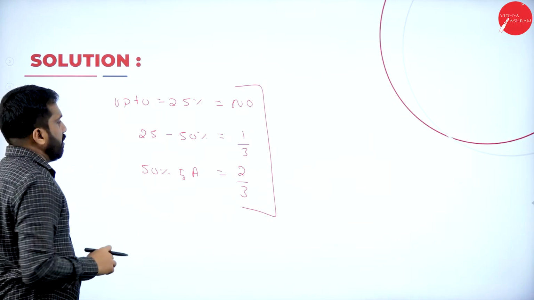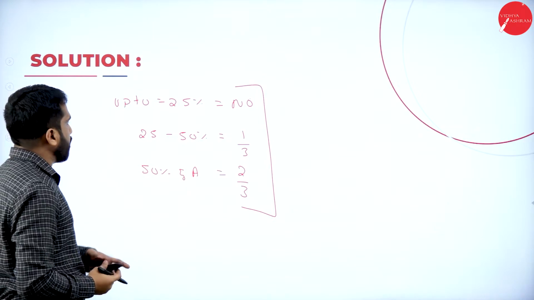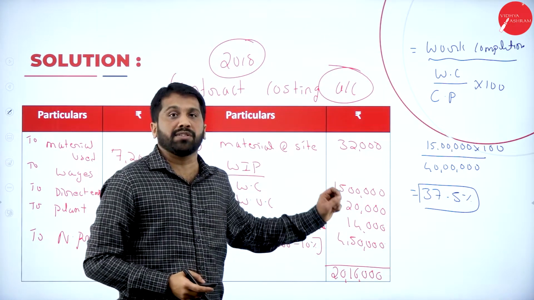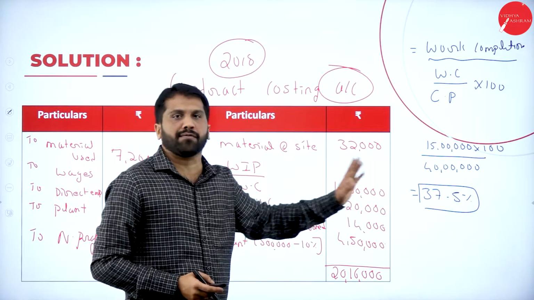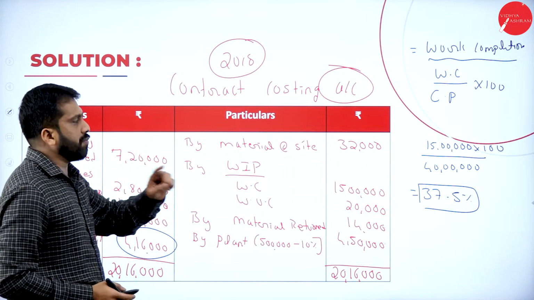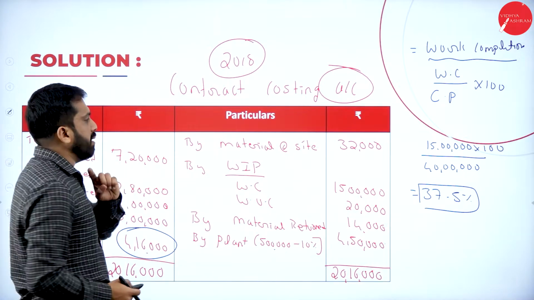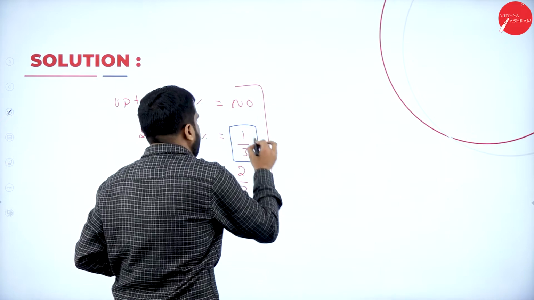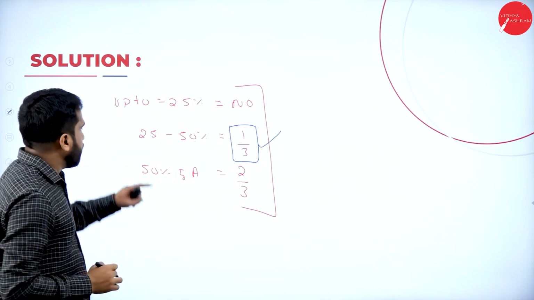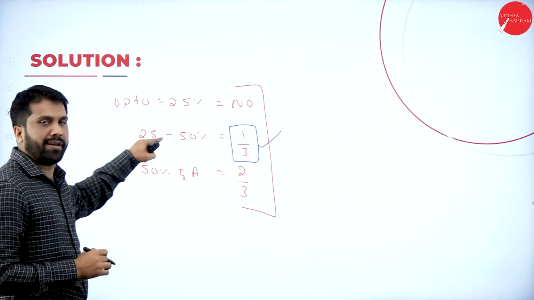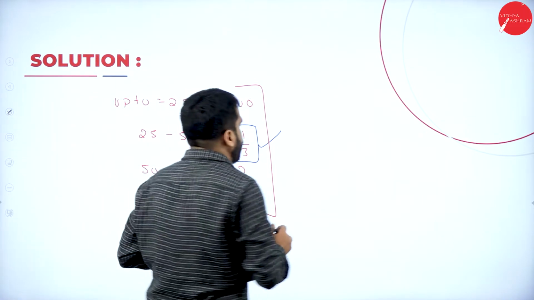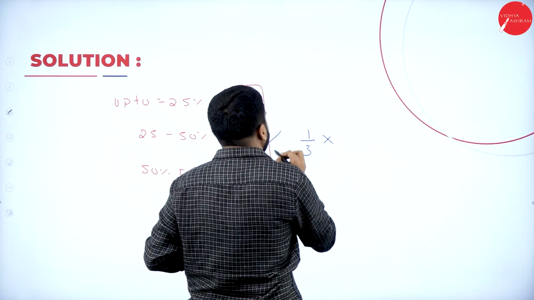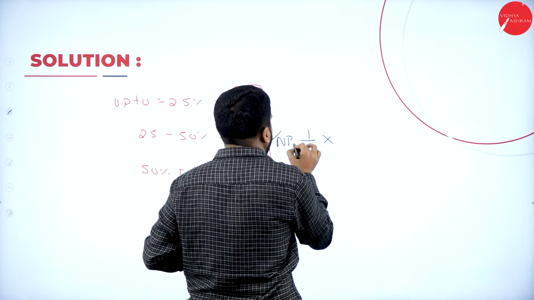Yes. Now, as per this, how much did you get? You got 37.5%. After that, what are you supposed to do? Remember, if it is 37.5, it will come under this slab. 37.5 comes in between this. Then the formula is 1 by 3 into, before that, your notional profit